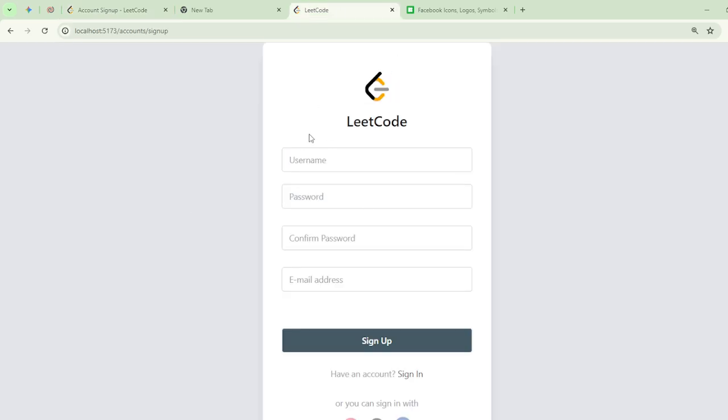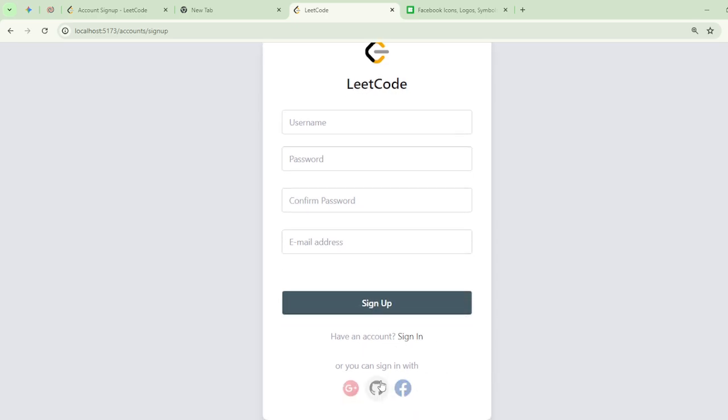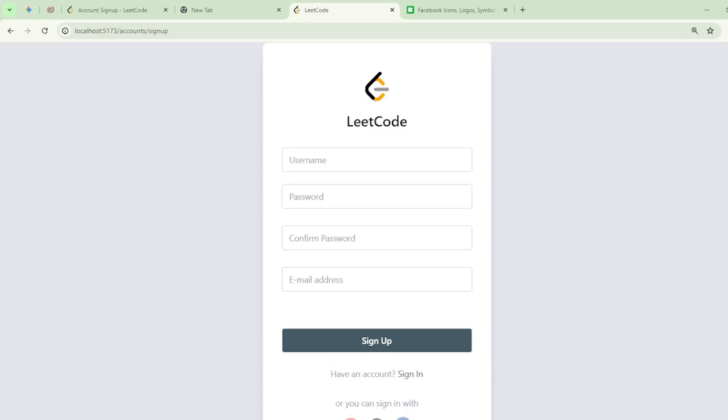This is our Leetcode, username, password, confirm password, email address, sign up, have an account, sign in, or you can sign in with Google, GitHub and Facebook. So next,